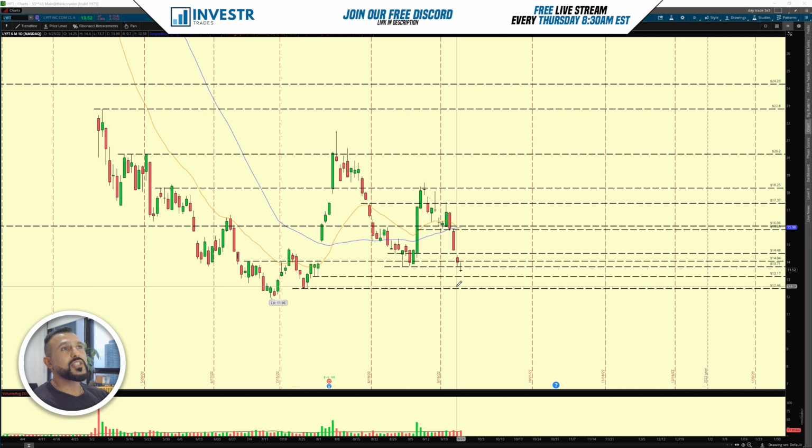It is September 26th today, so we're going to go through this and give you some levels to take a look at using Unusual Whales flow. So the first one on the list is Lyft. All right, so we can see we have this nice area of support right here, which we broke under,